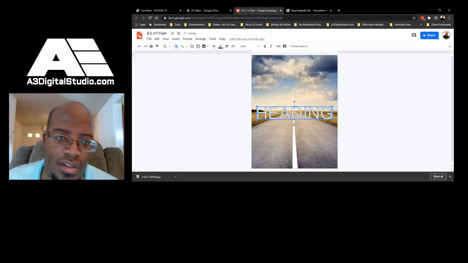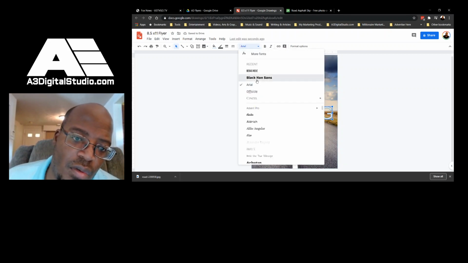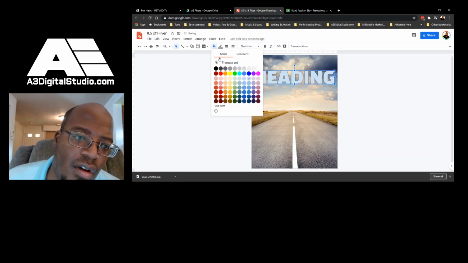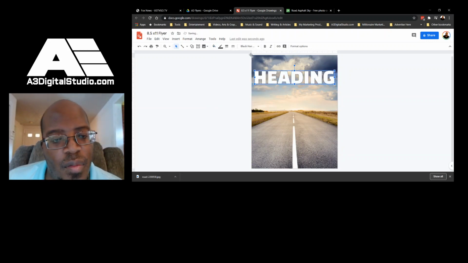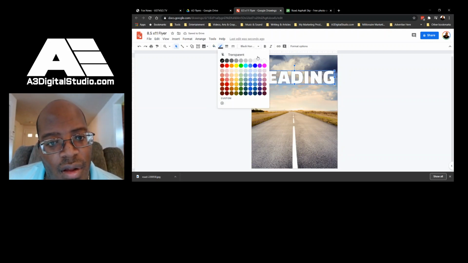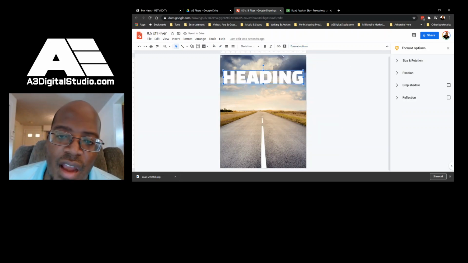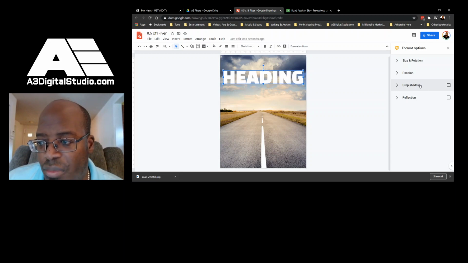Put your heading text right up there. You know, if you want to use something big, use white, maybe transparent, add a shadow. I'm going to show you how to add shadows. You add shadows by hitting format,